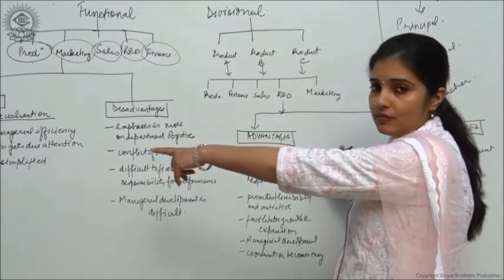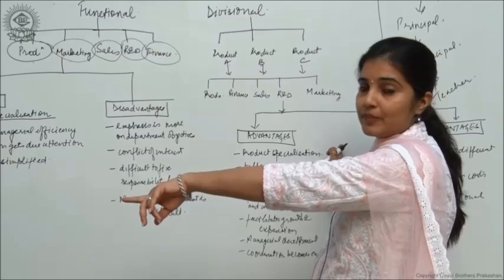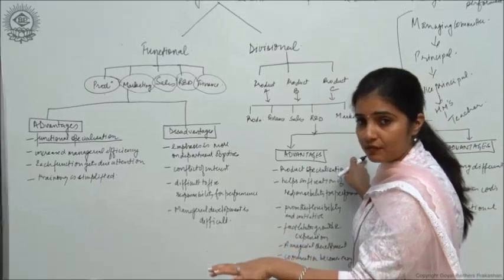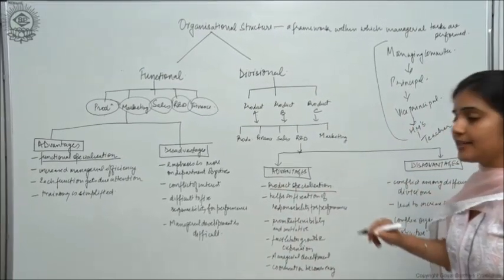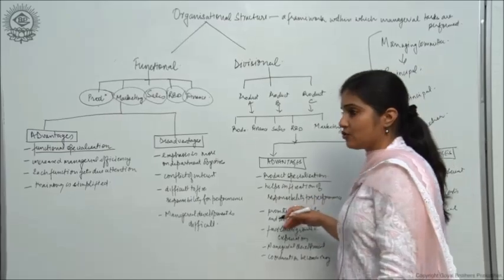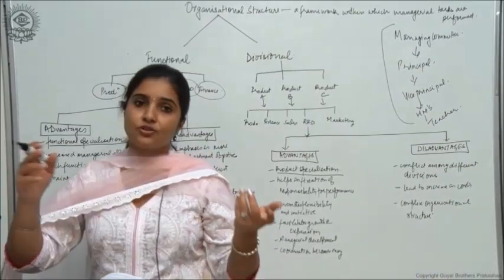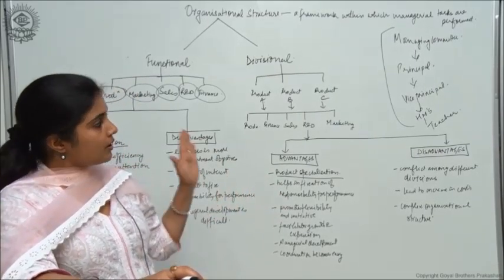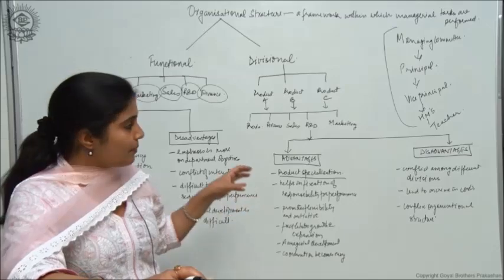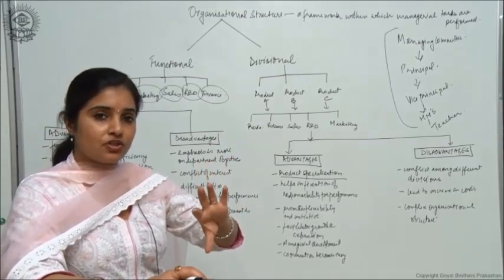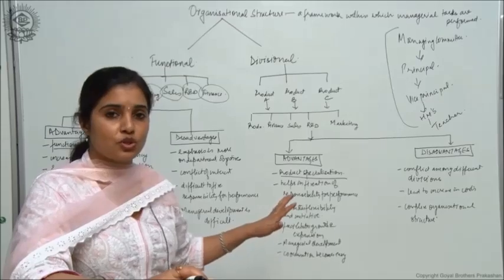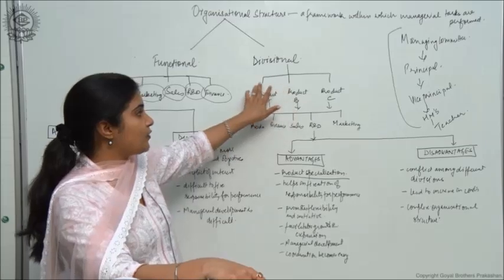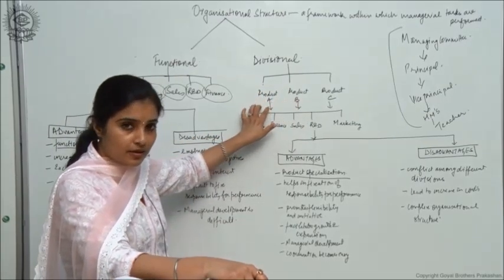Like in functional structure, we had an advantage of functional specialization, wherein people specialize in performing a particular function. Here we have product specialization, right? Like if a company is manufacturing cars also, motorbikes also, and let's say bicycles also, okay? Although all of this will come under automobiles, but these are 3 different products that an organization is manufacturing. They will operate as 3 autonomous units, right? Now because product A, this department for product A is only focusing on A product, right? So by